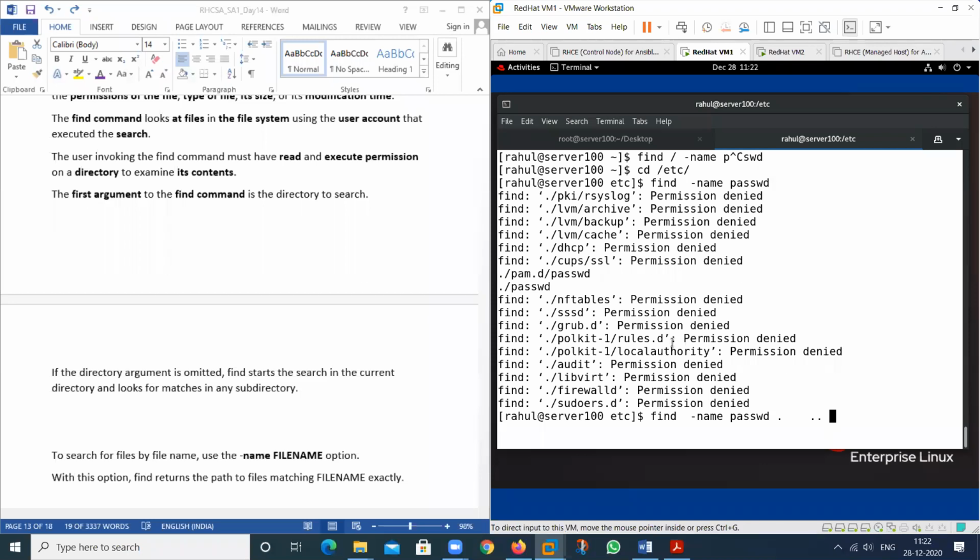Okay. Now tell me the difference between single dot and double dot. A little confusion in that. Okay, I will provide the solution. First, Rahul, tell me, do you have knowledge about single dot and double dot?